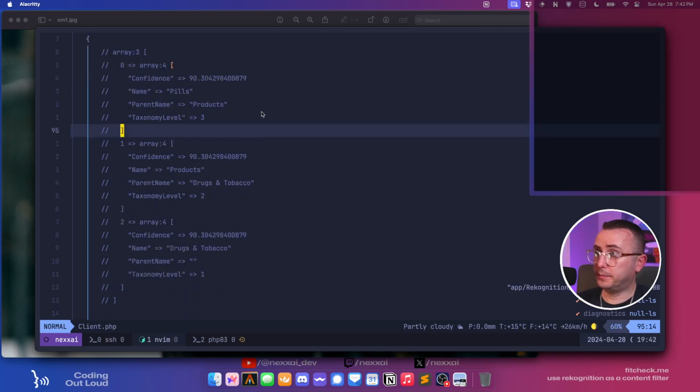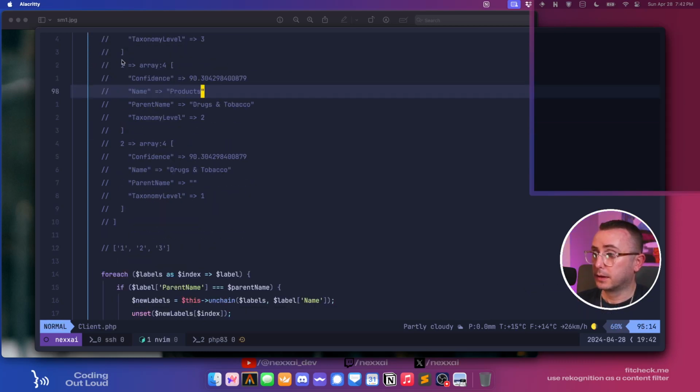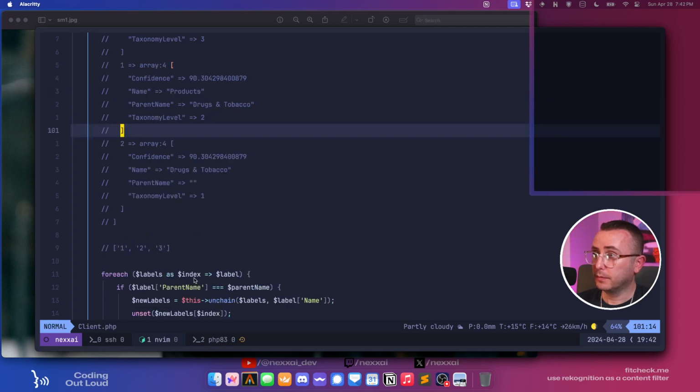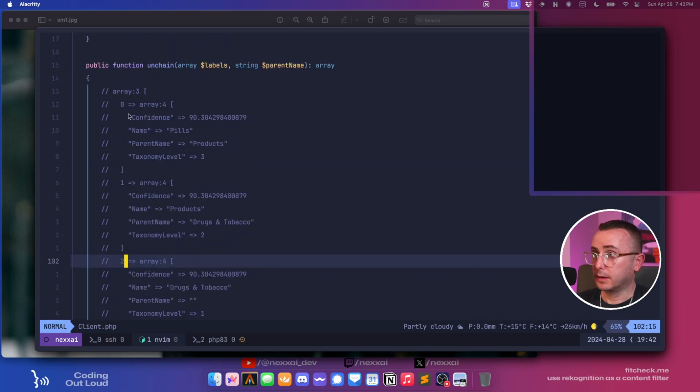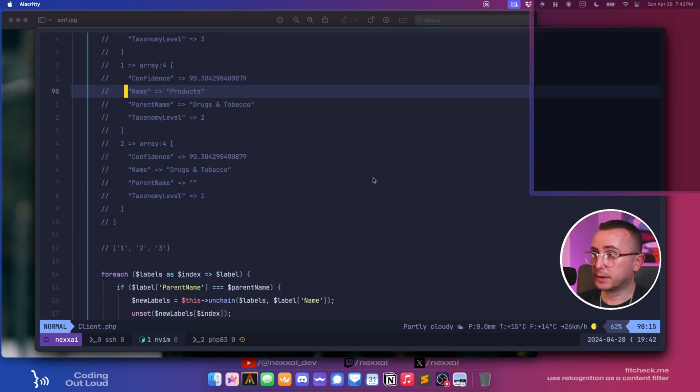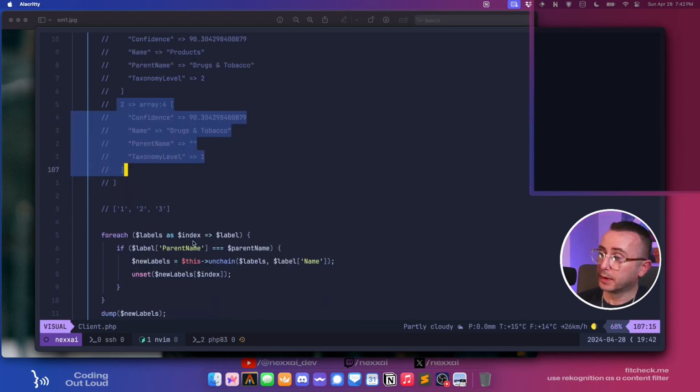Okay. So for each label, we're getting the index and the label. So if the first one we're getting passed is this one, because this is in this ignore labels. So this is the first one that's going to actually catch. So we're going to get this first. So if the parent name,